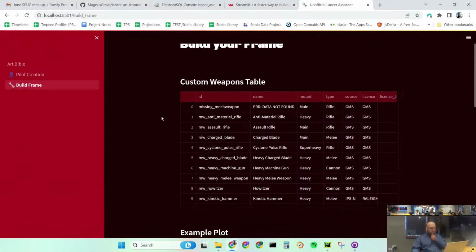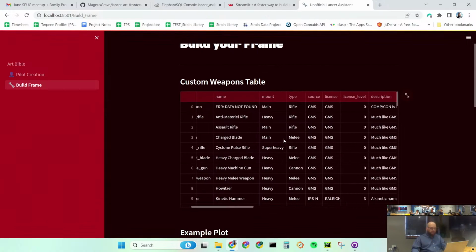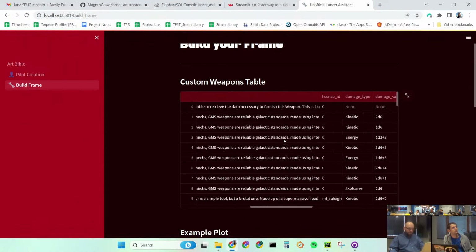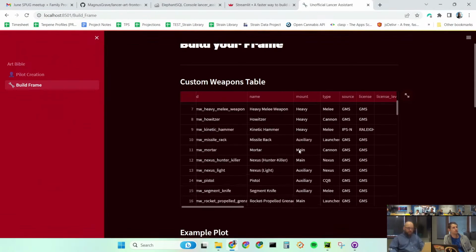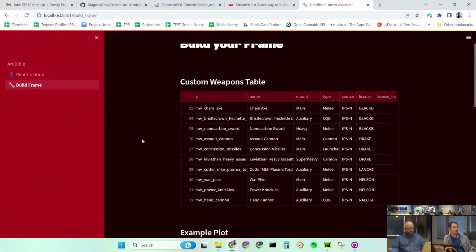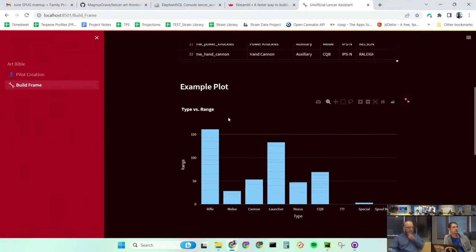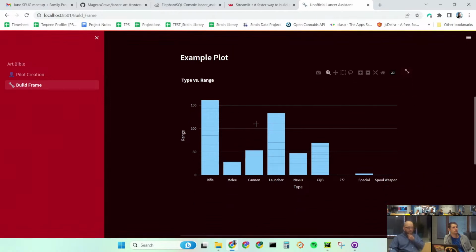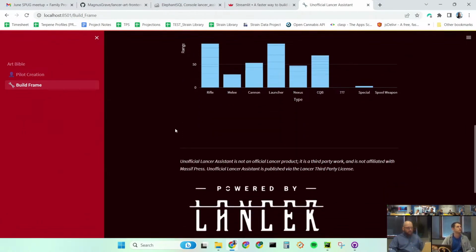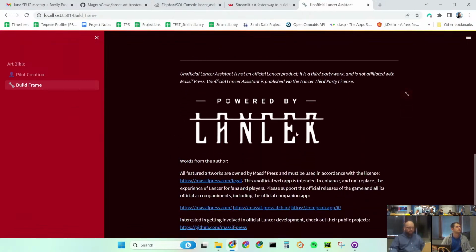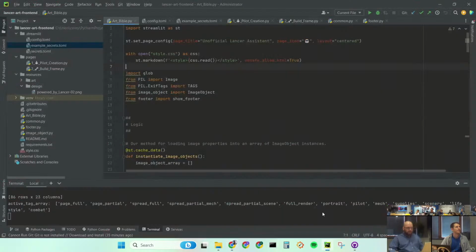And so here we have a table that I'm loading from a database, and it's just all of the different kinds of weapons that you can equip your mech with. And then down here, using that data, I made a Plotly bar graph. It just shows the weapon range versus the weapon type. And then all the pages have this footer. And this is actually its own class right here,